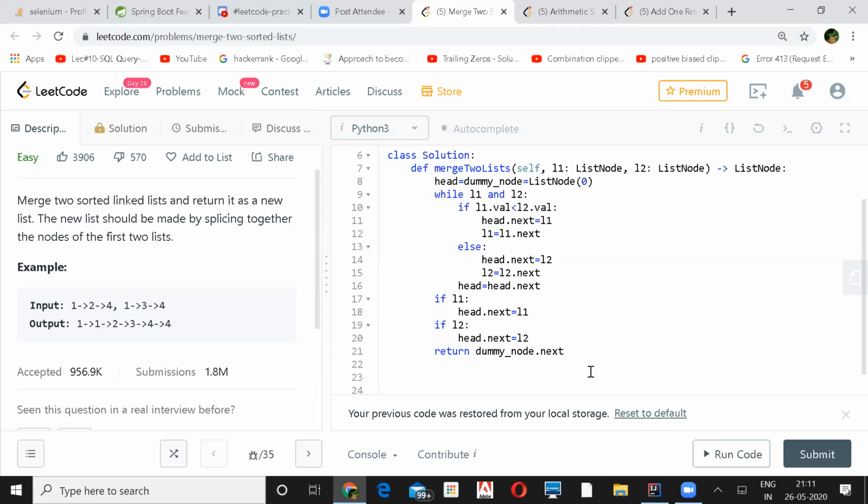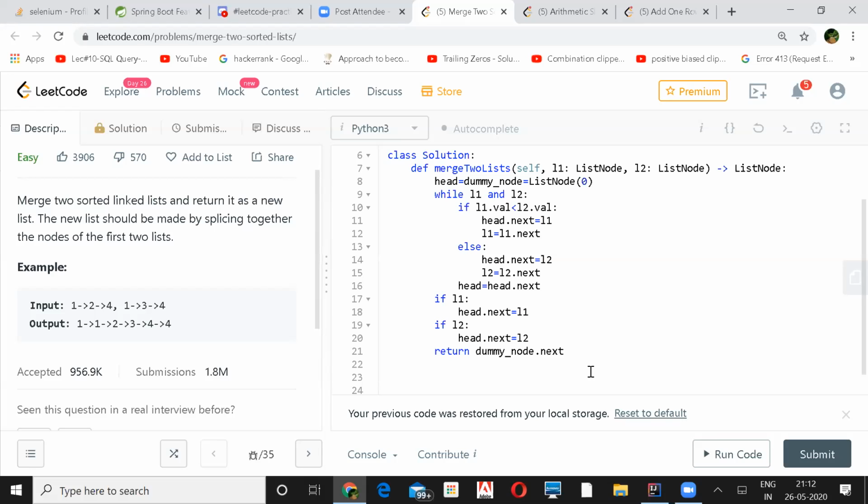Yeah. So if you ask me the reason why dummy node, what should I say? To avoid that problem only, no? Sorry? If the interviewer asks me why you are using dummy node. But that's very convenient to do, right? He won't ask, but what should I say? He will say that, yeah, this is a good way to do it. Absolutely. This is the very normal way to do it. That's fine. But if he wants to put a twist in a problem, he will always say something more, right? So then we'll have to be ready to do some more extra things and then explain to him what the pros and cons of this are.